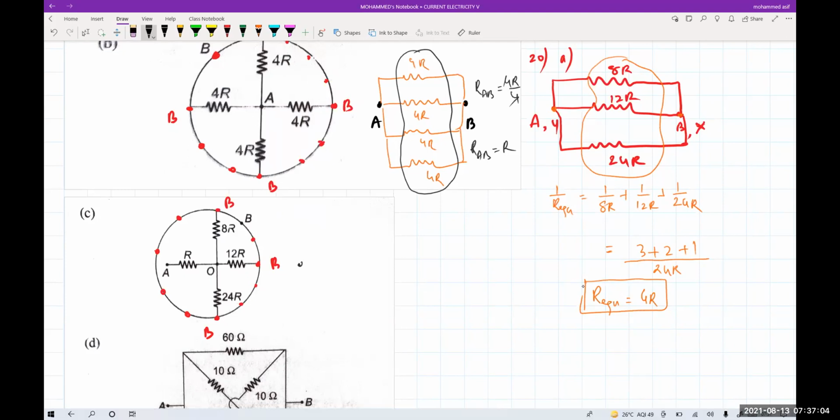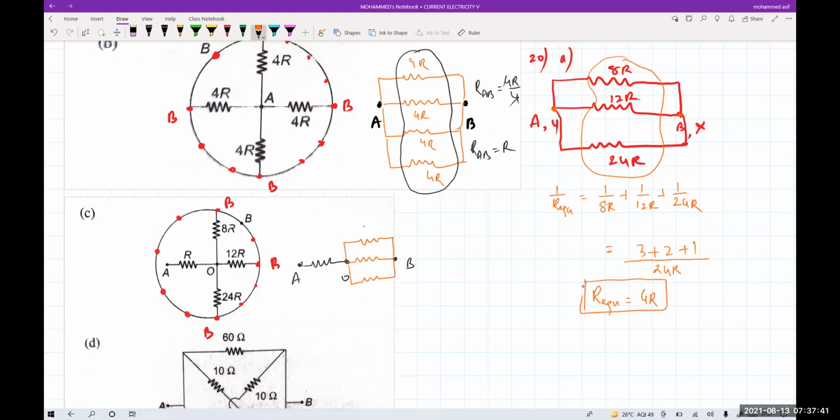This is the point A, I'm taking as it is. And there is one resistance here, and this is your point O. O and B are connected by how many resistors, beta? There is one resistance between O and B like this, one resistance like this, one resistance like this. So I'm taking here a point B. Between O and B there is one resistance, and one more resistance, and one more. Got it?